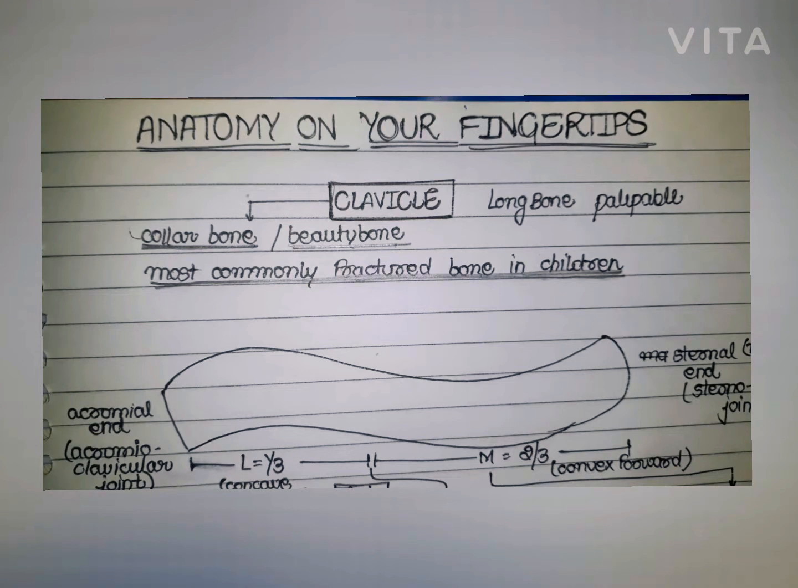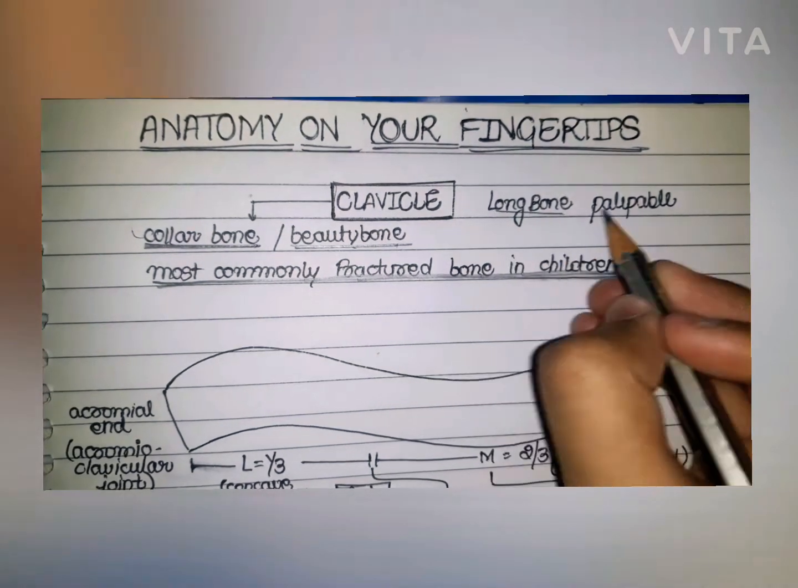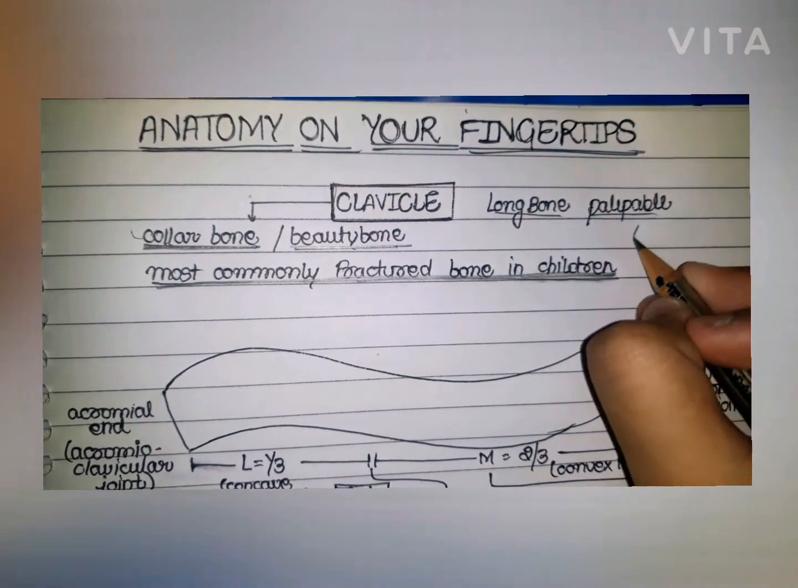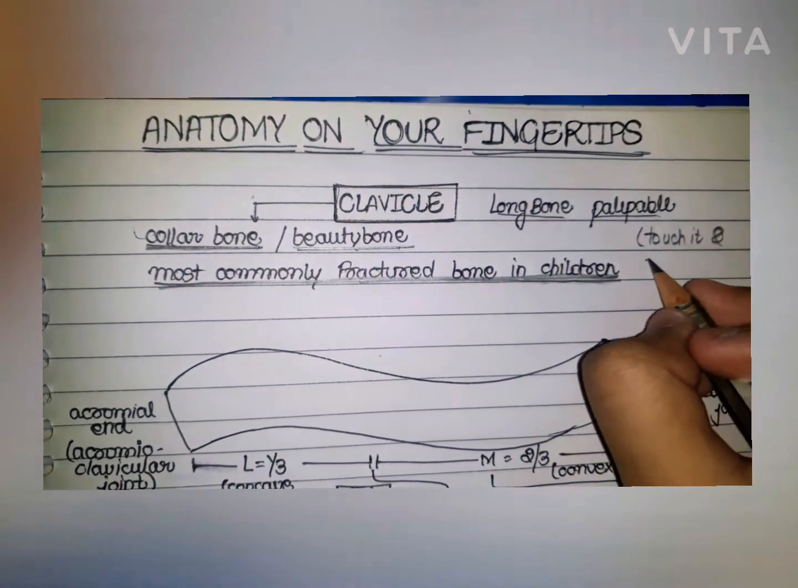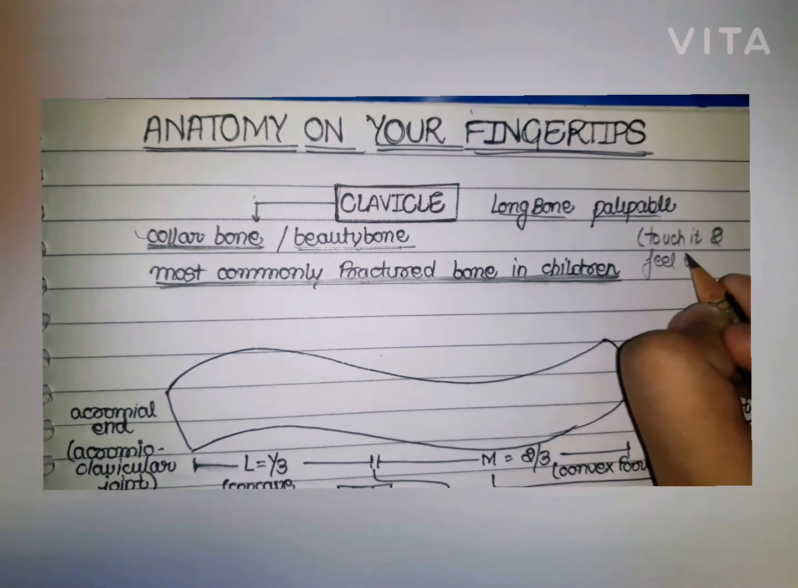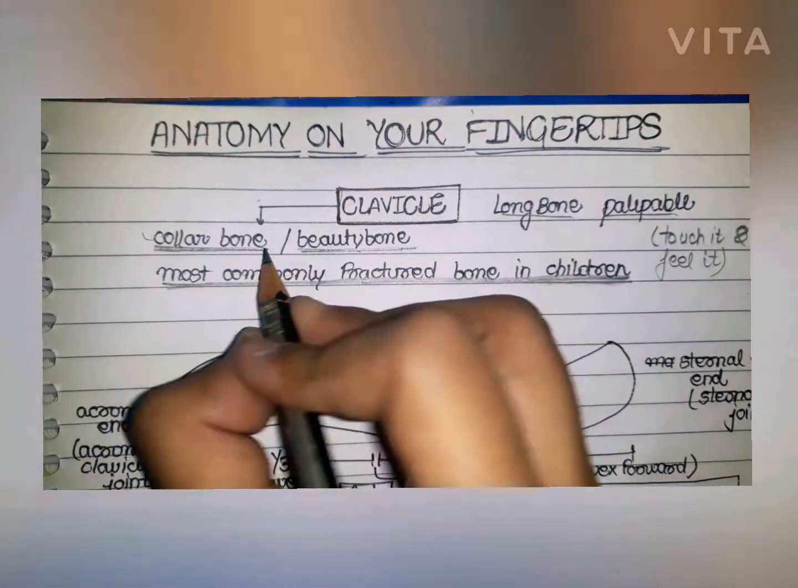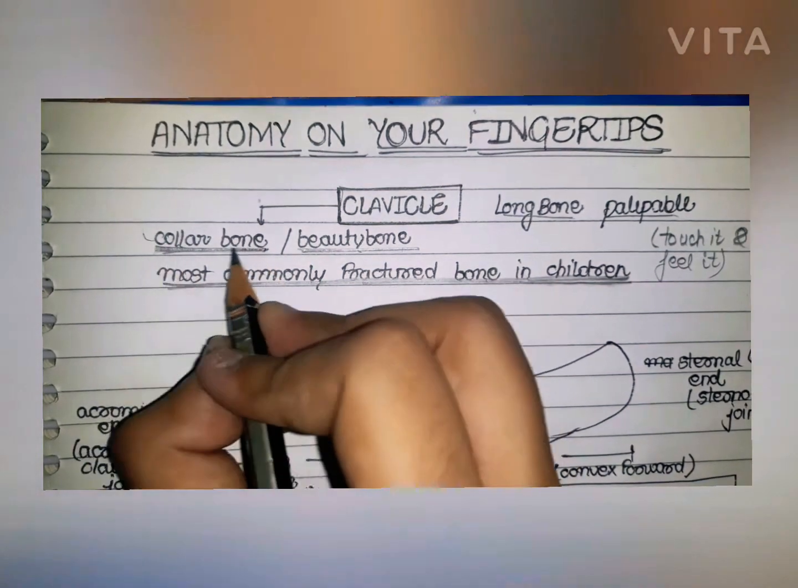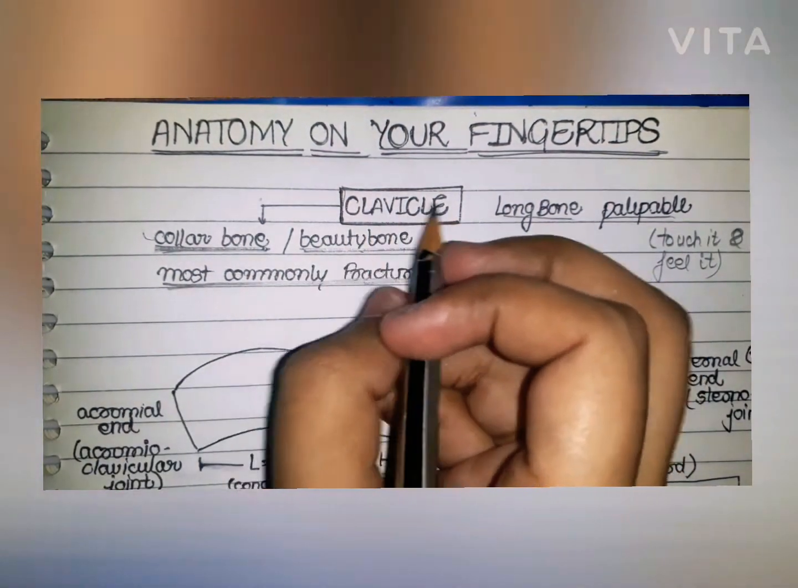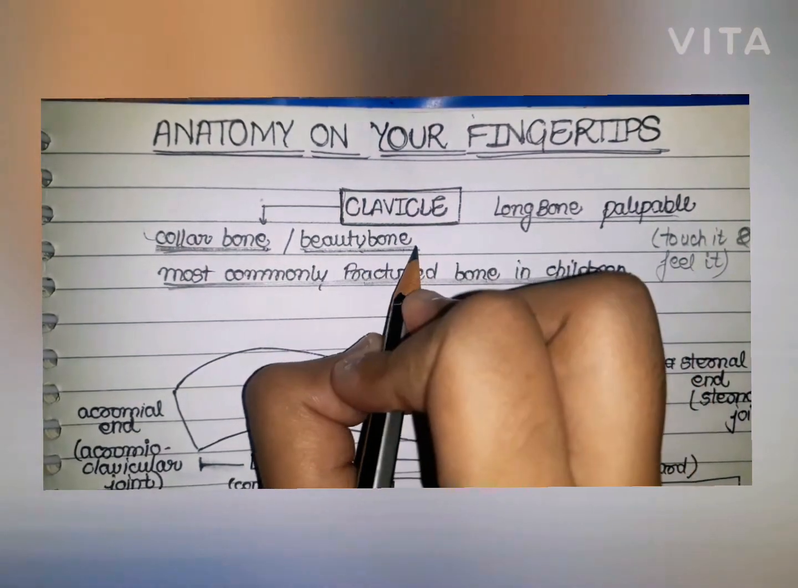Our first topic in the upper limb portion is bones. In bones also we will further go through first clavicle. Clavicle is a long bone and it is easily palpable. Palpable means you can easily touch it and feel it. It is also known as the collarbone and the beauty bone. Collarbone, why it's called as the collarbone? Because you tie your collar on that bone, and it is also known as the beauty bone in the